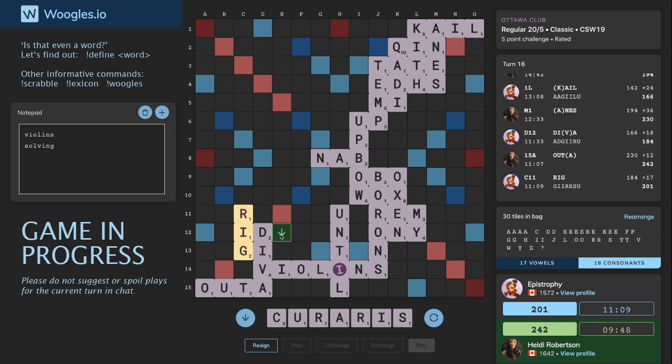Let's see. I mean, there's one S, one blank in the bag. It's somewhat unlikely that my opponent will just take that lane, although there's some chance that she will come across it with one of the many hooks that can go on top of rig. Or potentially you could imagine something going here that would cut off the S, although I think most of the front hooks that will go on top of ID will still take the S. I mean, I'm in a situation where I will need to try Curari's even if I'm not 100% on the S hook there, so...